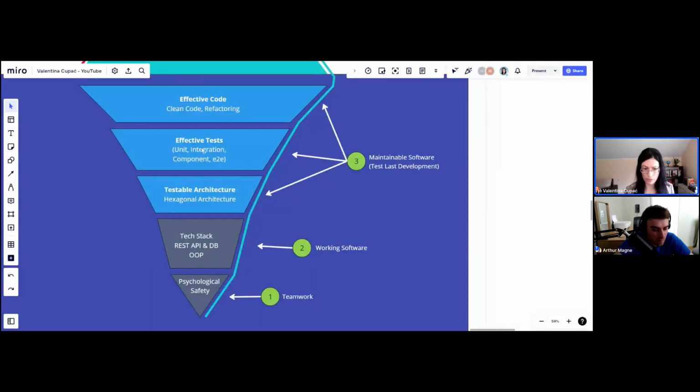Are they also familiar with the object-oriented programming paradigm? Another one is also the functional programming paradigm. So for example, in object-oriented programming, does the team know about encapsulation, polymorphism, etc.? So all of these are essentially technical foundations. And these things are needed, especially the tech stack and REST API parts, to even get